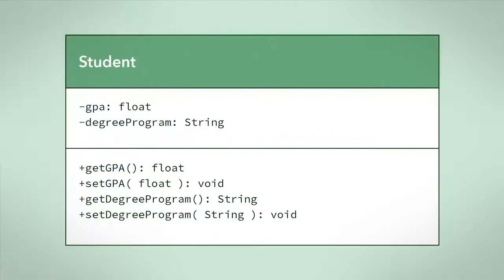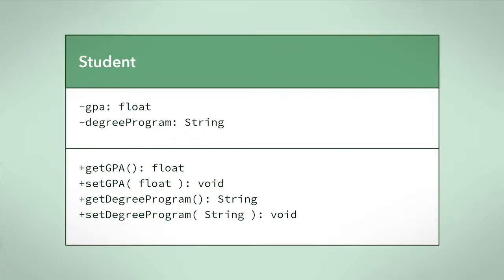Before we get to the written code, let's take a look at some notation in a UML class diagram that expresses encapsulation. If you were creating a system that models a university student using encapsulation, you would have all of the student's relevant data defined in attributes of a student class. You would also need specific public methods that access the attributes. In this example, our students' relevant data could be their degree program and GPA. This would be the UML class diagram for the student class.